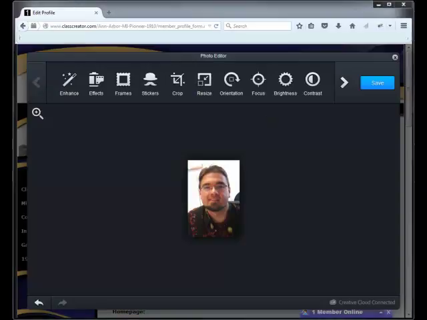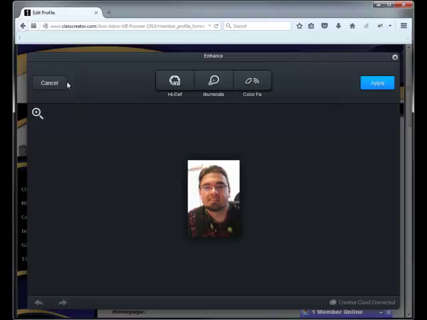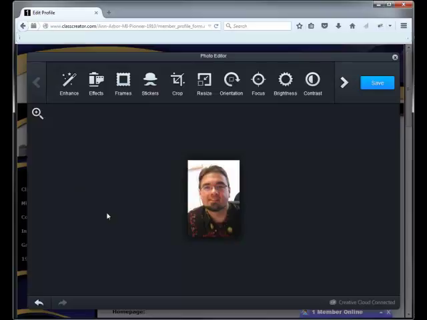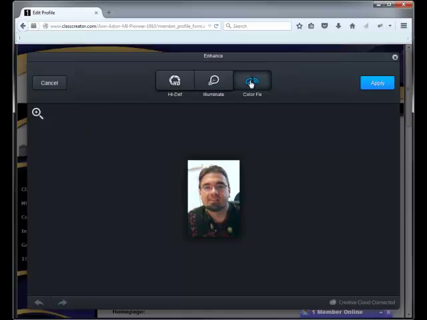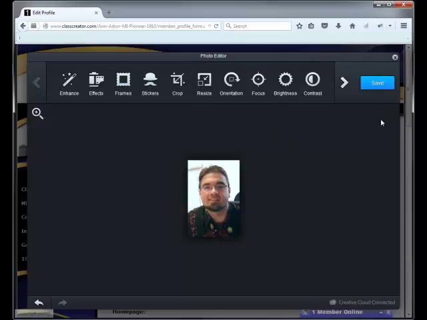I'm going to start by enhancing this photo a little bit. I'm just going to go to the enhance mode and go to the color fix, and you can see it automatically put a color fix or change to this image as to what the program sees fit, and we can compare that by canceling and going back to the original image. It had taken a little bit of the redness out of this photo. So if I go back to it again, and if I like it, and I think I do, I'll just go ahead and hit apply,